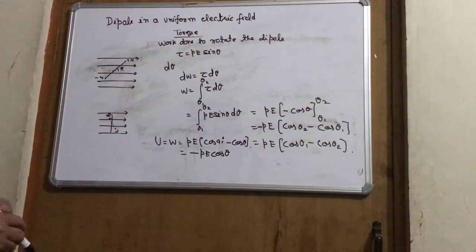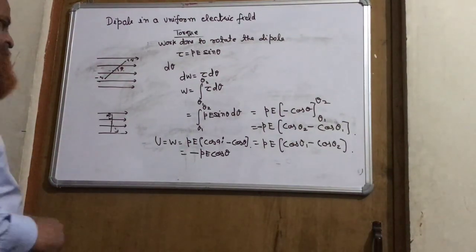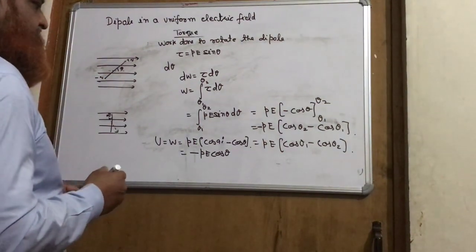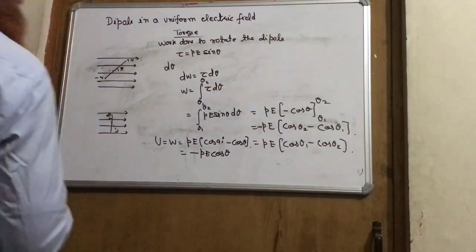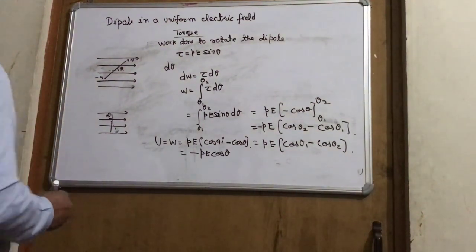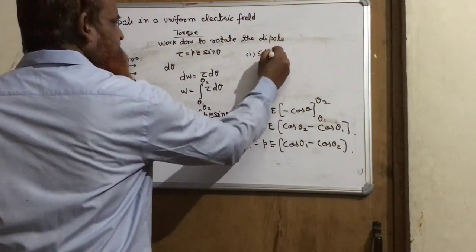For the stable equilibrium of a dipole in a uniform electric field, the potential energy should be minimum, and the torque will also be minimum. So the first case, for stable equilibrium,